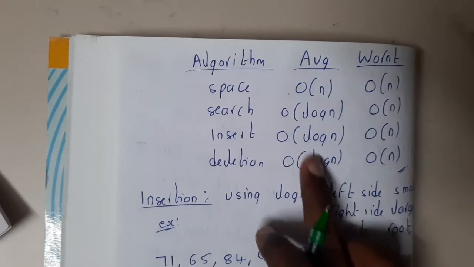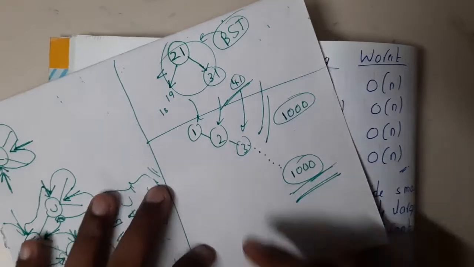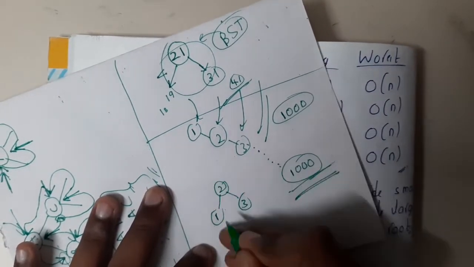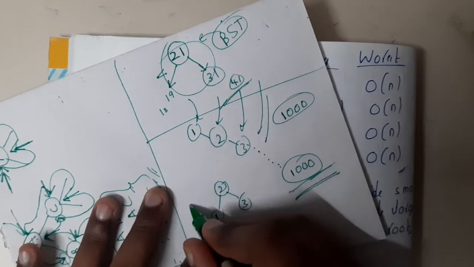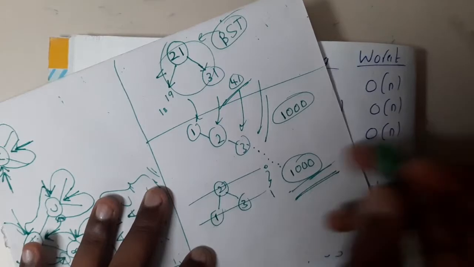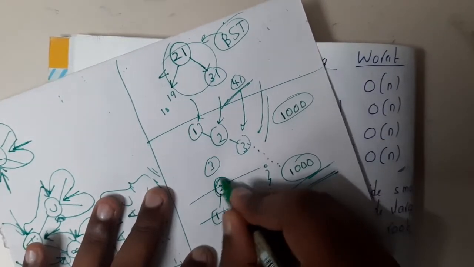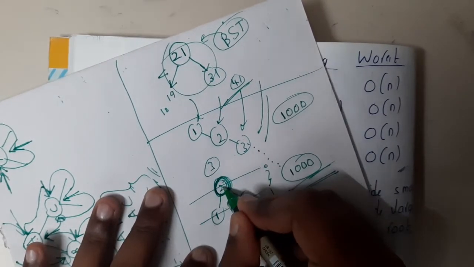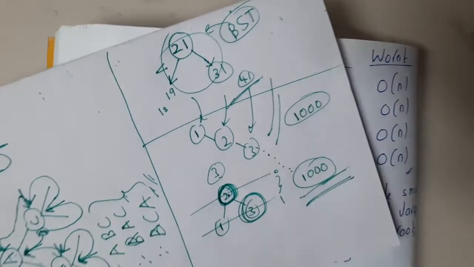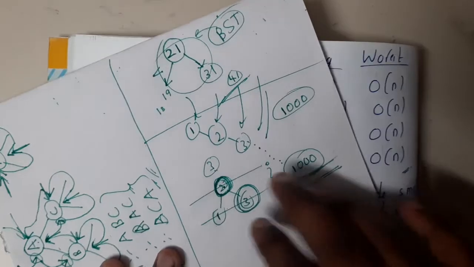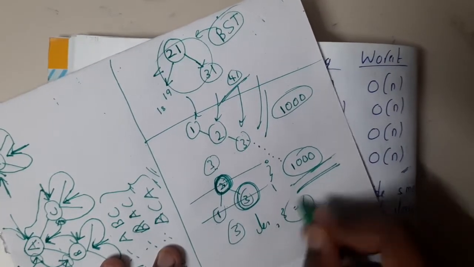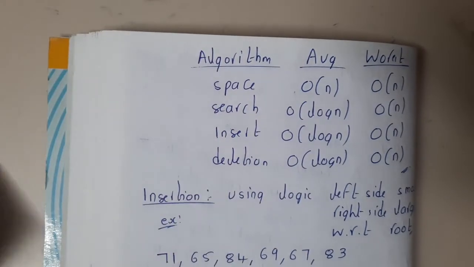So how is it big O of log n in the average case? Assume that you are so lucky and you got a completely balanced tree. Here the height is 1, with the 0th level and level 1. If you are searching for 3, you compare here. Is 3 greater or less? 3 is greater, so you come this side and you found 3. It took really fast, and that is nothing but log n time. Here the height is 3, and log base 2 of 3 is approximately 1.